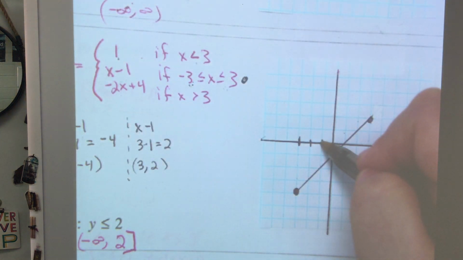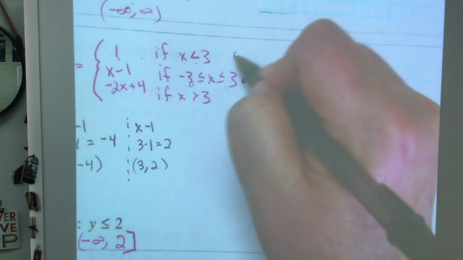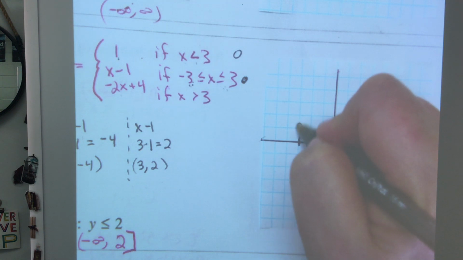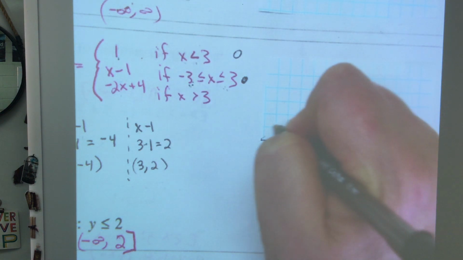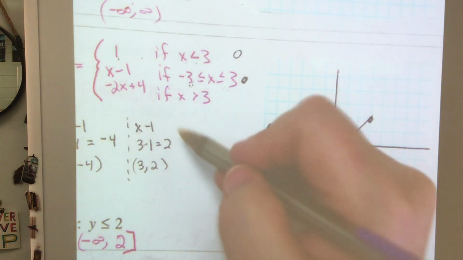And let me go ahead and put my 1 up here. If anything less than 3, it equals 1. And that would be an open circle. So here at 3, I put my open circle and my line. And then my last one,